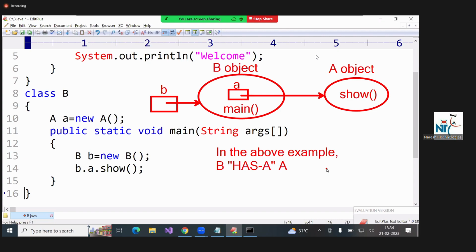No. In this diagram, how many objects are there? Two objects are there, A object and B object. A members are present in A class, B members are present in B class. Both we can see, both are there. But there, only one. Now, one general example,